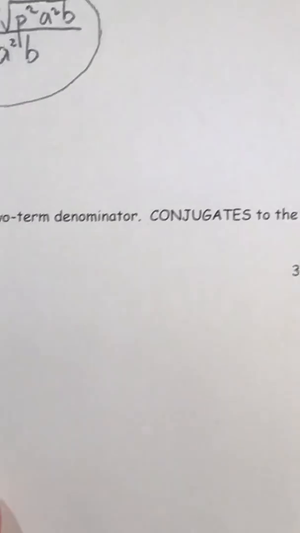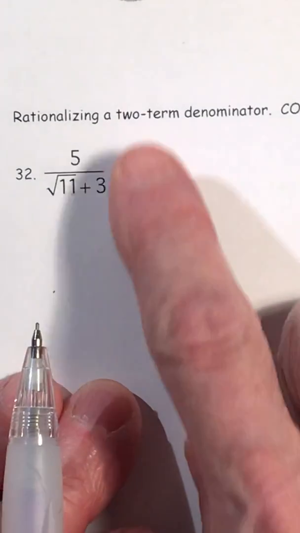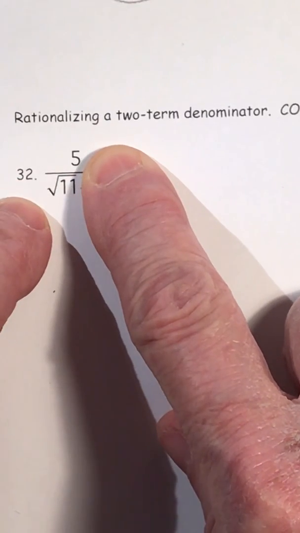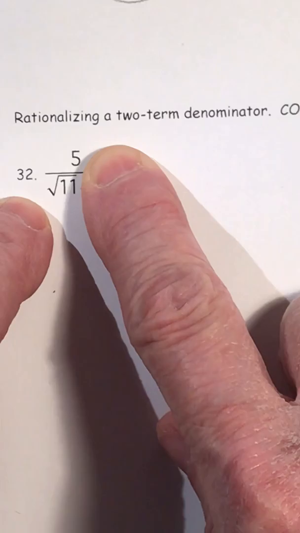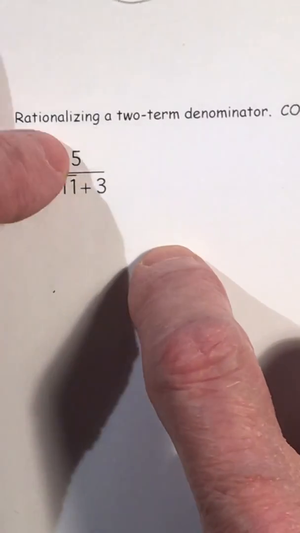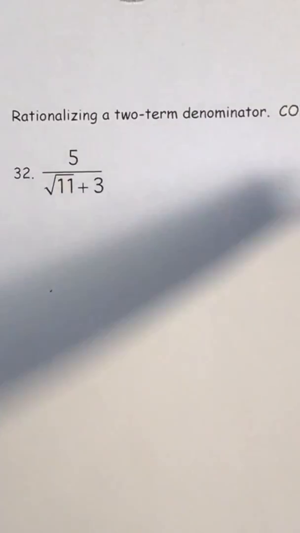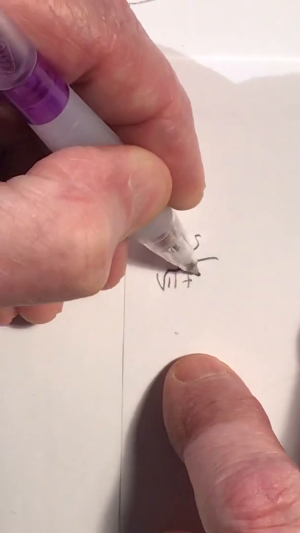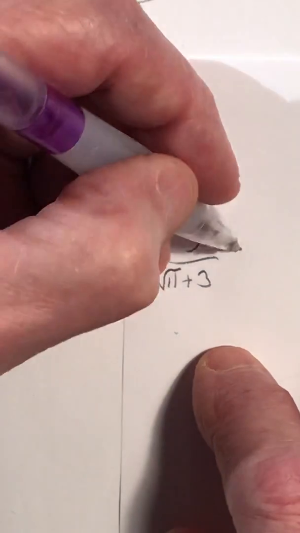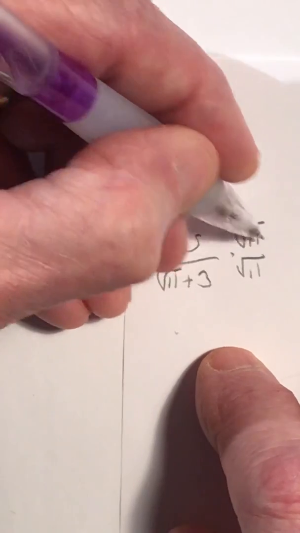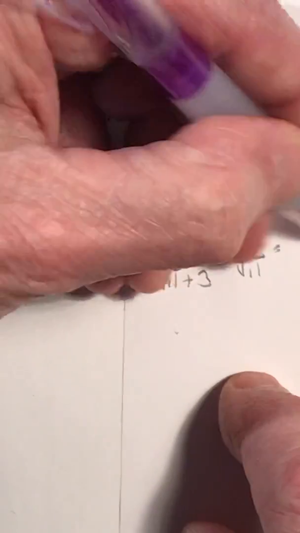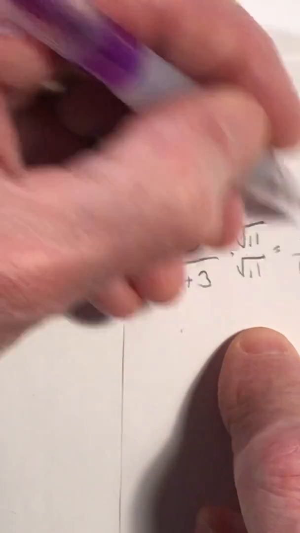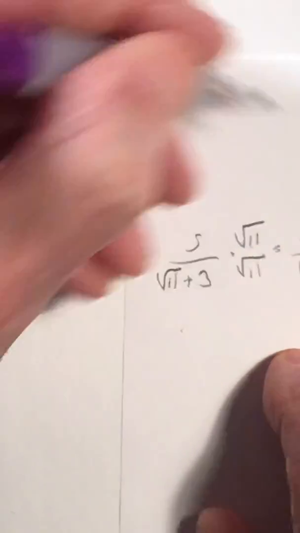Moving down to 32 and 33. Earlier we had, I'm covering that up, we had things like this. If we multiply that by the square root of 11, that would take care of rationalizing the denominator. If you multiply the top and bottom of this by square, let me just show you on a piece of scrap paper here. If I jump in there with that same idea, multiply the top and bottom by square root 11, I get 5 square root 11 on the top, and the bottom I'll get 11 plus 3 root 11, I'll still have